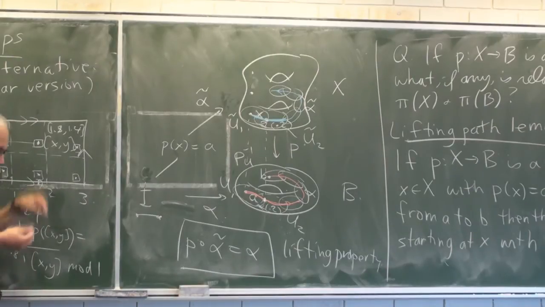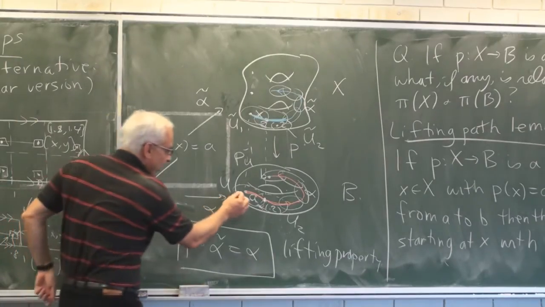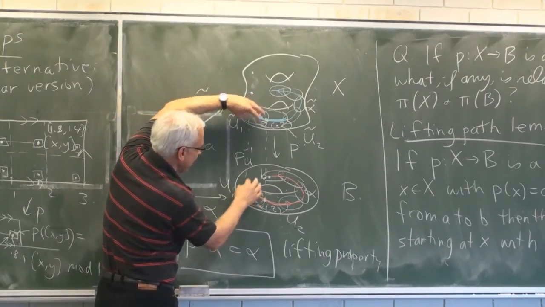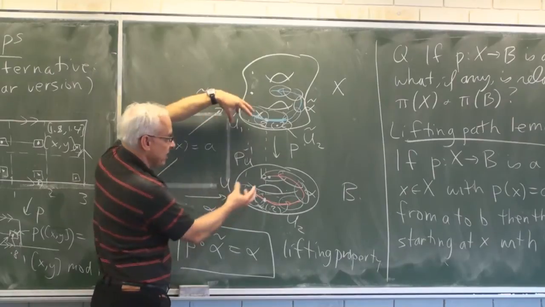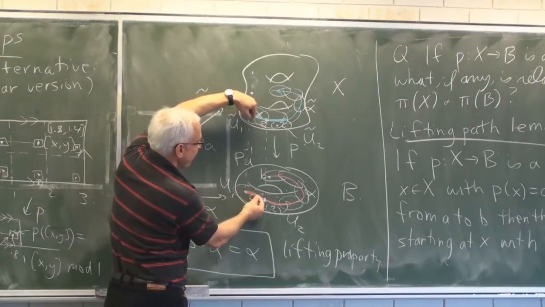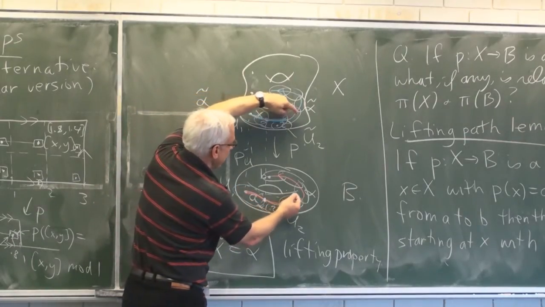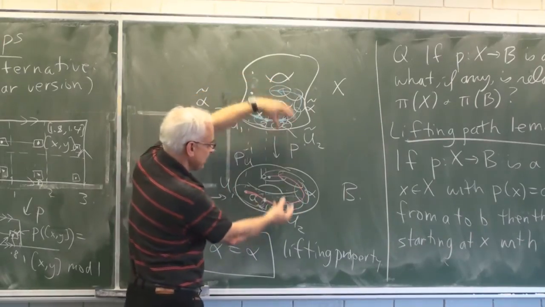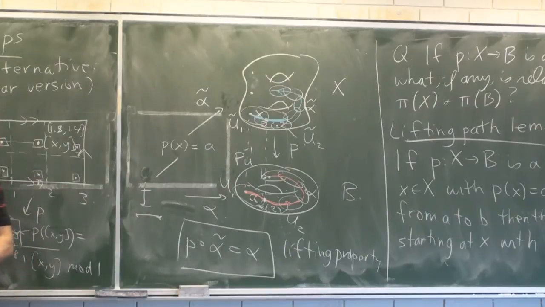So in other words, locally, at any given time, there is no possible choice about where to lift because there's a complete isomorphism locally between these two things. And so as we traverse here, we never have any choice about where the blue path has to go. It just has to follow its nose because of the isomorphism of P at every point. So that's the lifting property of paths in a covering space.